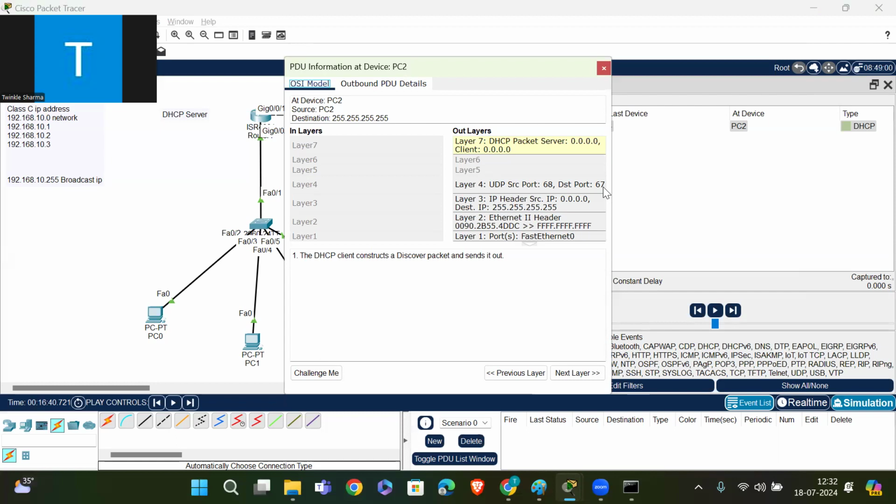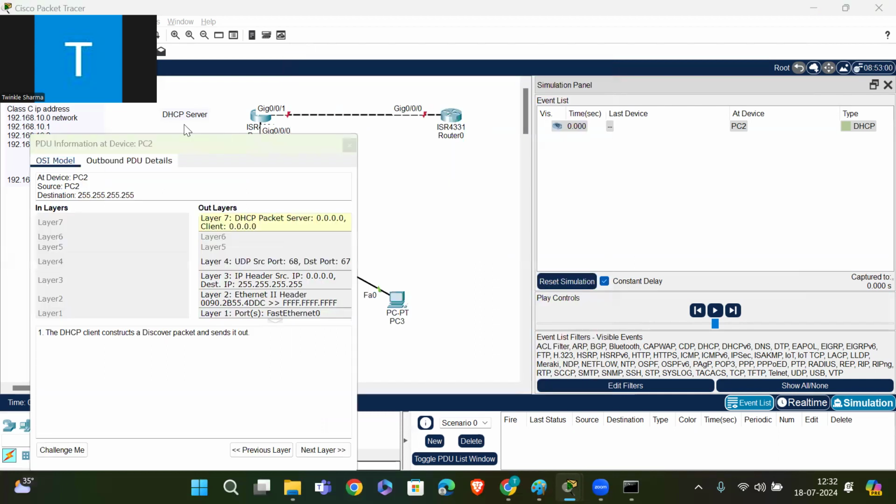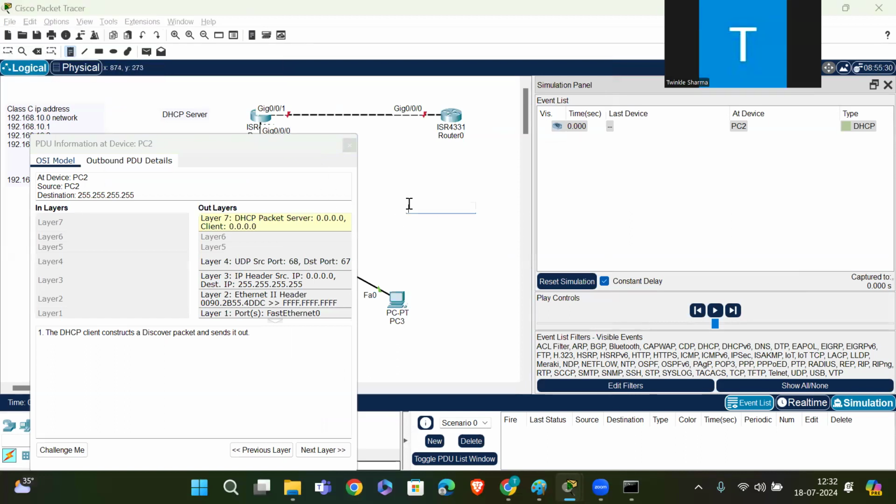Okay, so let me write this. First is our source MAC address, 0090.2B55.4DDC. Then our destination MAC address is FFFF.FFFF.FFFF. Then our source IP address is 0.0.0.0.